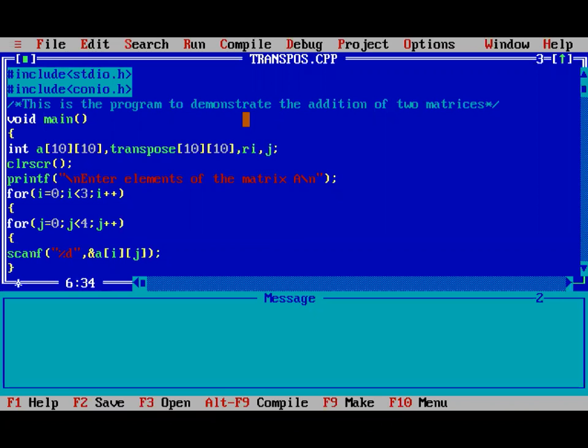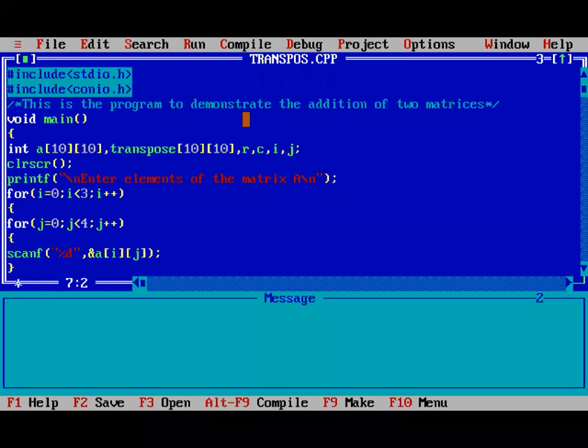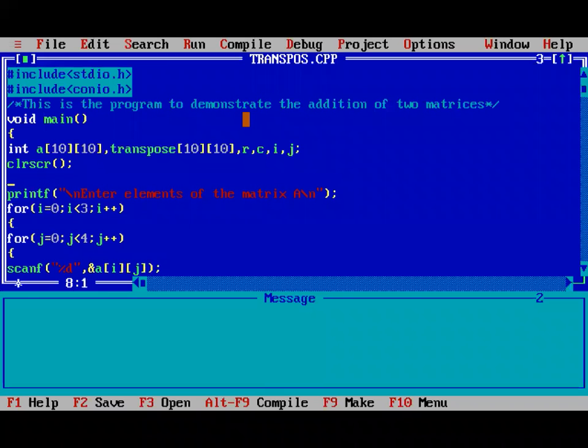We will also take two variables r and c. Let us have a print statement: Enter the number of rows and columns between 1 to 10, because the maximum number of rows or columns can be 10, since the indices are 10, 10.